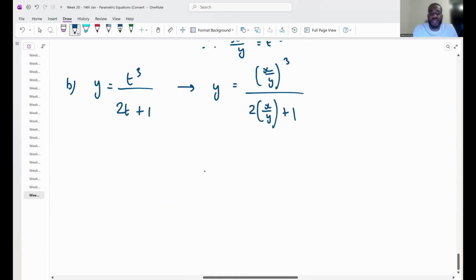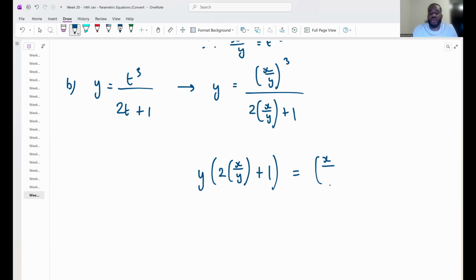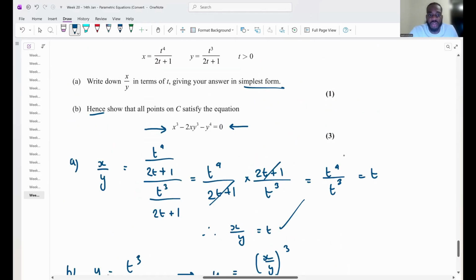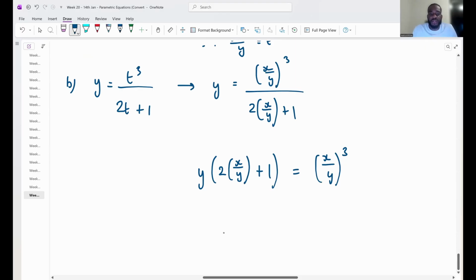So if I multiply by the denominator, it's going to be y times 2x over y plus 1. Now that is equal to, and then that is going to be x over y all cubed, isn't it? Let me just make sure I've got that all correct. Yeah, that looks good to me. So tidying that up, if I expand that bracket, it's going to be y times,